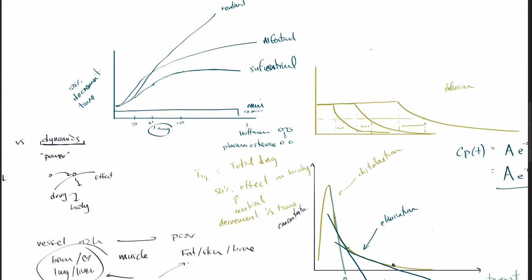Now, technically, you could use this to your advantage. And you could run, let's say, a fentanyl infusion for multiple hours. And what would end up happening is that fentanyl would have an extremely long decrement time once you turned off that infusion. It could be even hours, several hours. And so in some sense, it's more of a long-acting agent compared to, let's say, morphine. If you were to give morphine at the end of the case, that might last multiple hours. And so in some sense, you could potentially take advantage of this type of